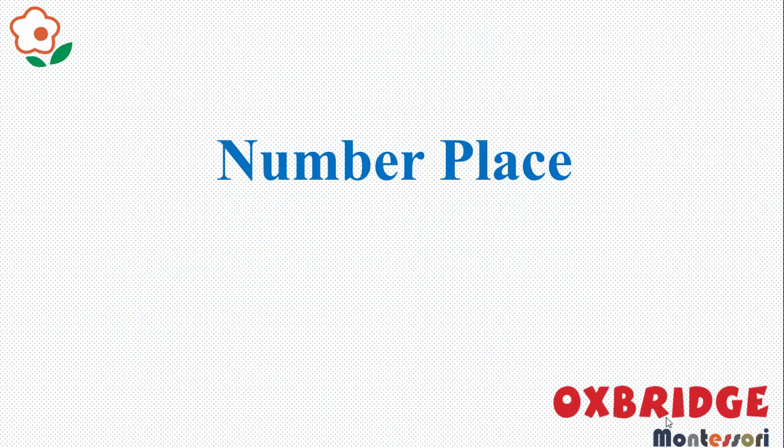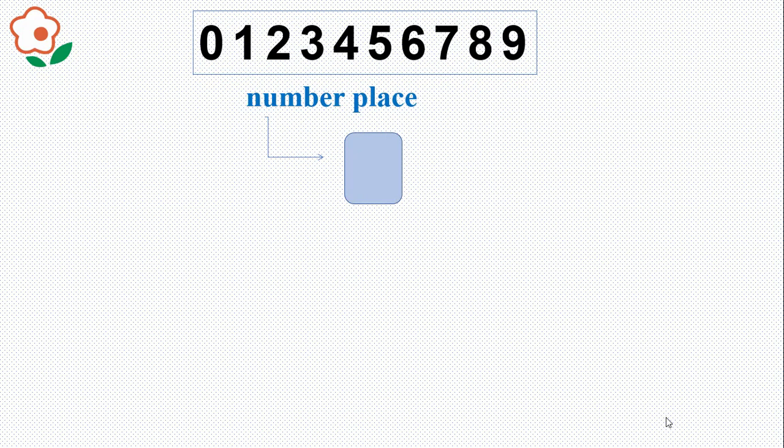The best way to understand a number place is to imagine that it's like a small box that is only big enough to hold one digit at a time. As 0 is the digit, and as we start counting anything, we will change the digit that's in the number place to match how many we have, and the biggest number this can hold is 9.